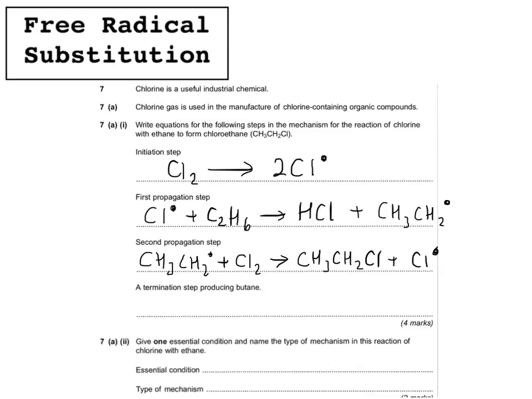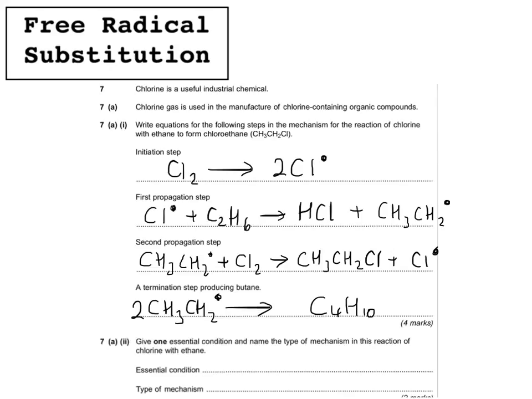Then our termination step needs to create butane, which is C4H10. So we've got to think about which 2 of our free radicals will react together to make C4H10, and 2 of these will react together to make C4H10, and so that's what we will write, 2 CH3CH2 dots